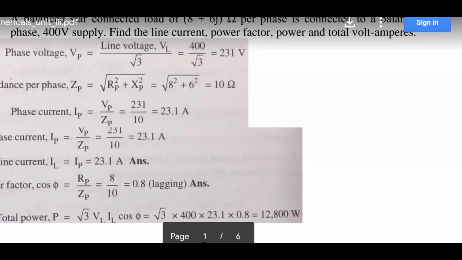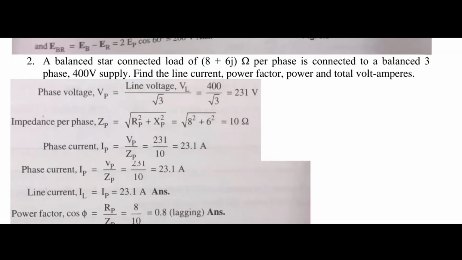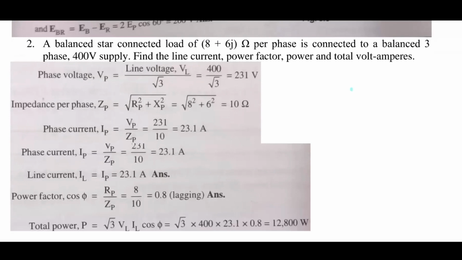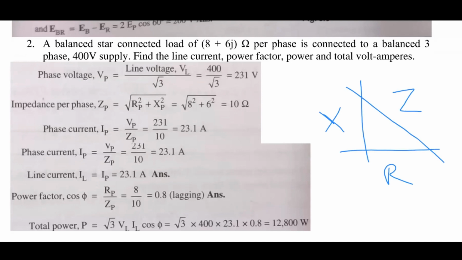Now the impedance is the under root of R square plus X square. From the impedance triangle also we know this. If this is, say, the impedance triangle, this is Z, this is R, this is X, so the Pythagoras theorem is applied. R square plus X square is equal to Z square. So we get 10. Now phase current: we know the impedance, we know the voltage. Take the ratio to get the value as